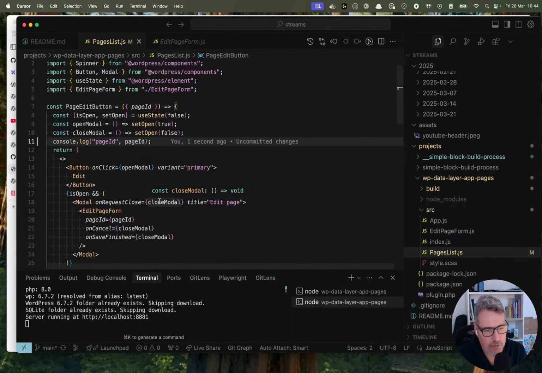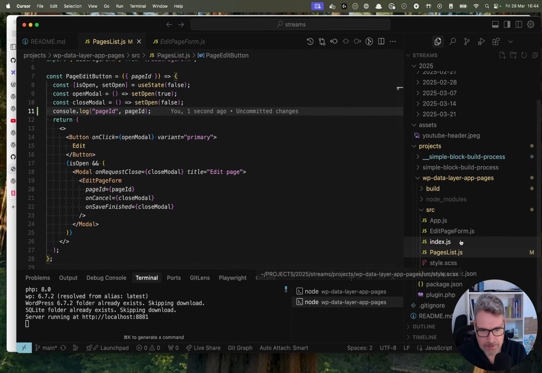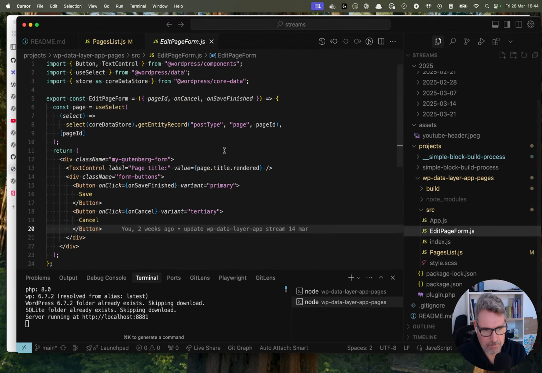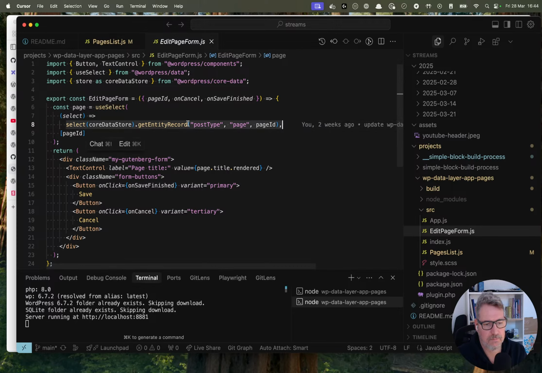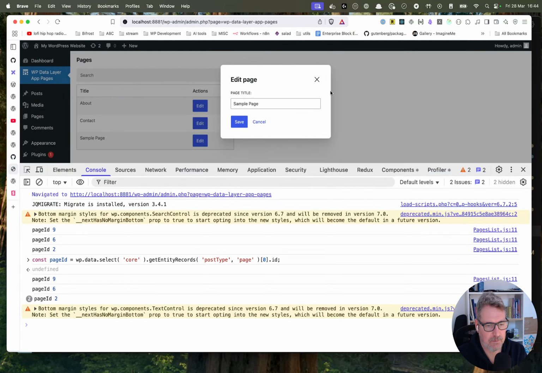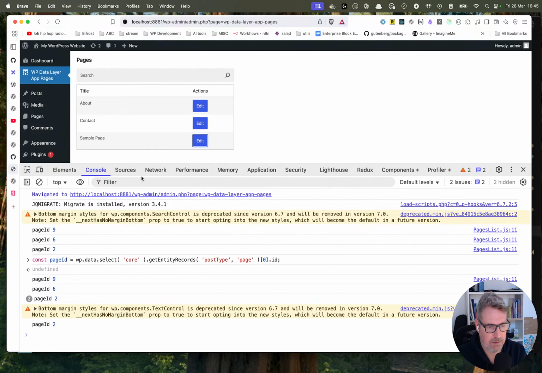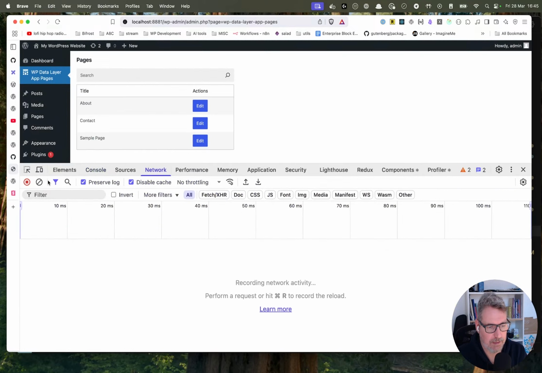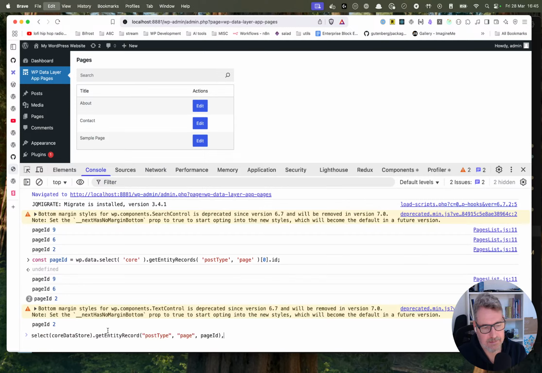But if we do the one we use here in the edit page form, this one, for example, sample page, we go to network, we clear, and if we do this